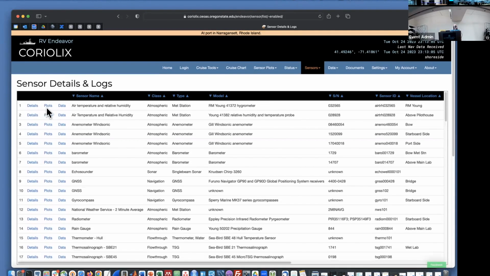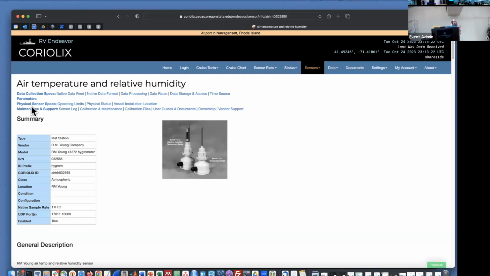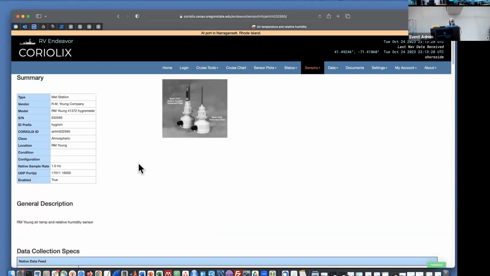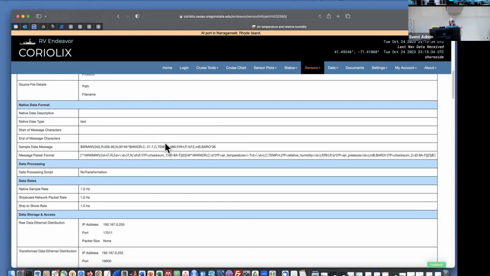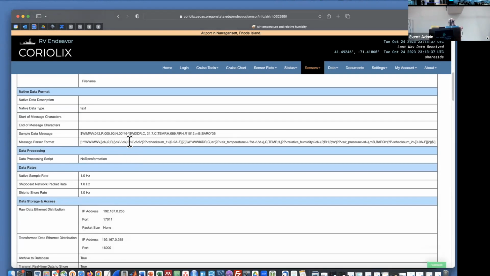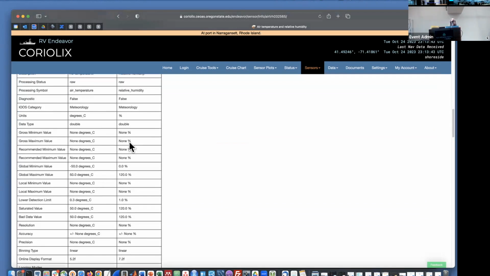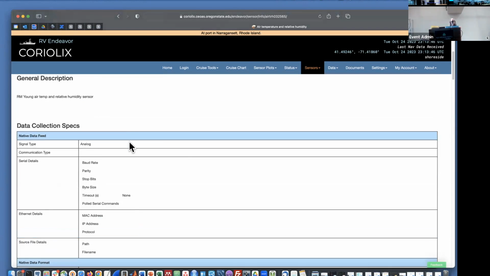On the left-hand side, you see some links: details, plots, and data. And remember that right now I'm not logged in. I'm a public user and I have access to these links. So I can go to this details page and it's going to tell me information about the sensor. There'll be a photograph of the sensor, it tells me the serial number, where it is, what frequency the data messages are. It gives me a sample data message, a regex expression on how I parse that data message out in OpenRVDAS. There's a lot of different types of metadata that is available on this page, and not all of it